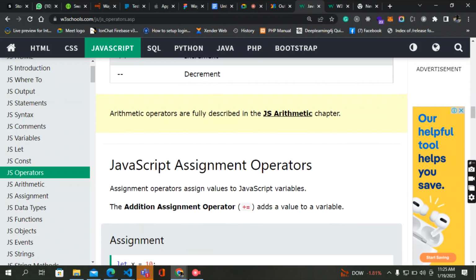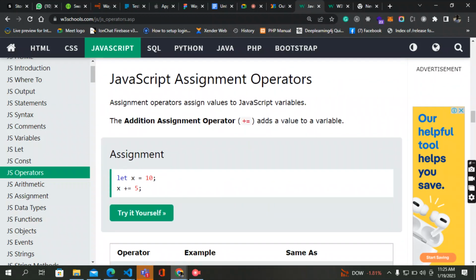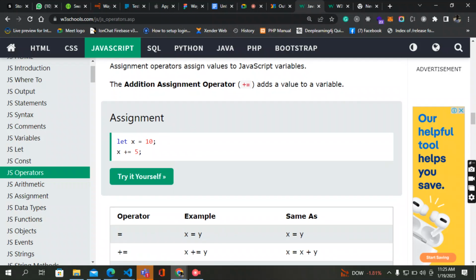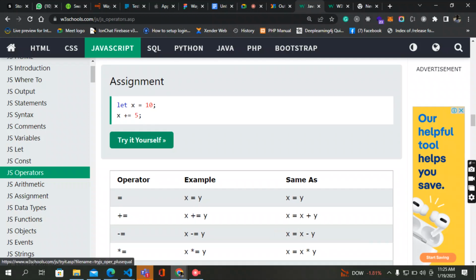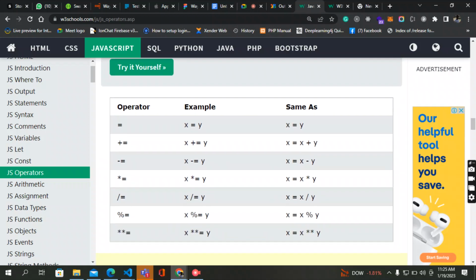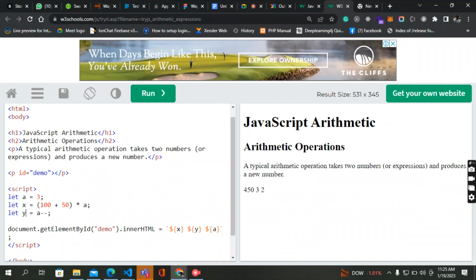Yes, sir. Okay, so let's move on to the next operator, which is the assignment operator. So assignment operator, just like the example we did earlier, equals to is one of it, and then we have some other operators that fall under assignment operator, which is plus equals, minus equals. So all these ones are just like a shorthand for equals to. So for instance, if you are saying x equals this times a, right, you can just say okay, let's say you want to